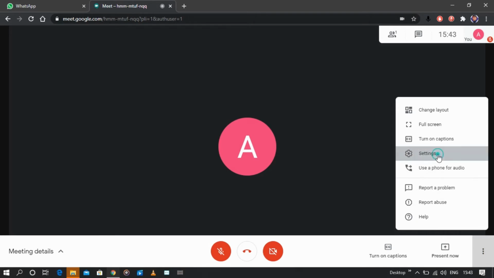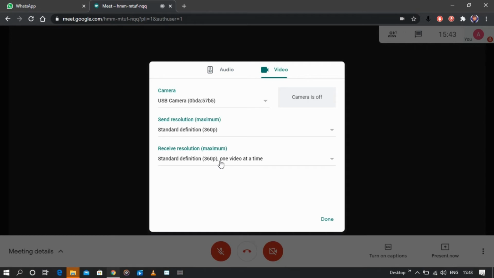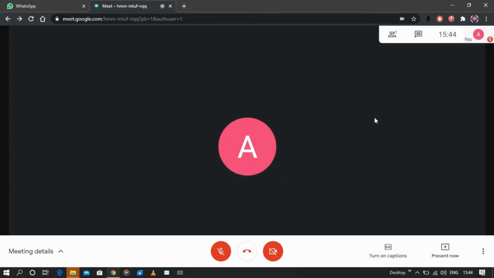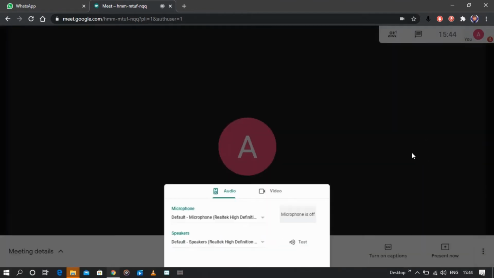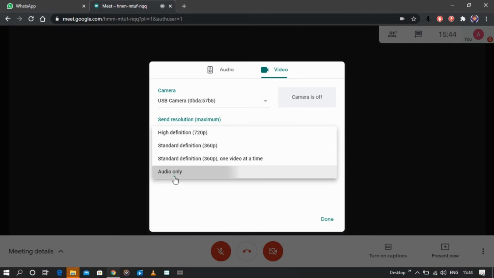Now when you go to settings and video, and nothing is working, the video is not working, you are not receiving the audio well, the audio is lagging and cutting, you will click on this audio only.